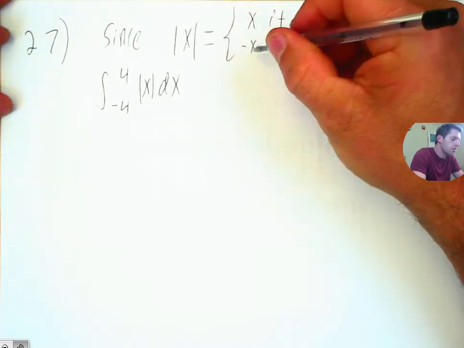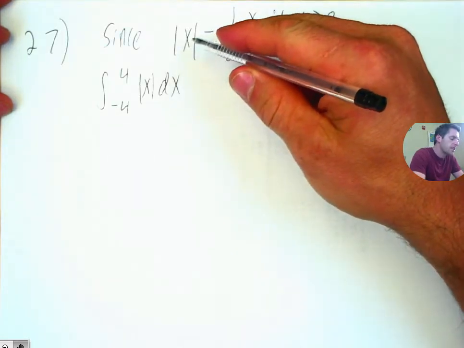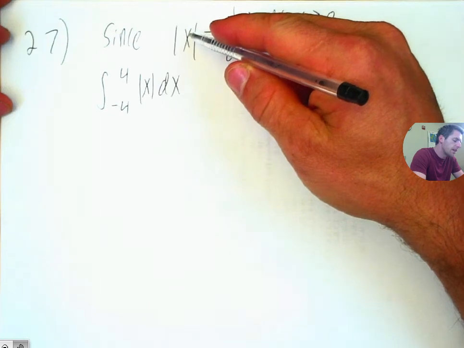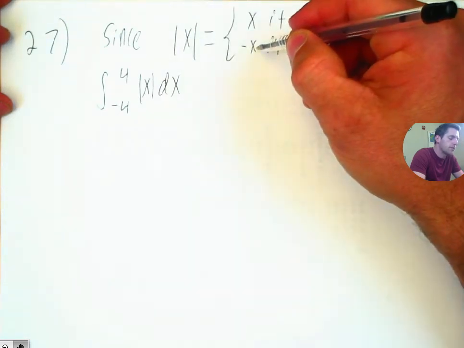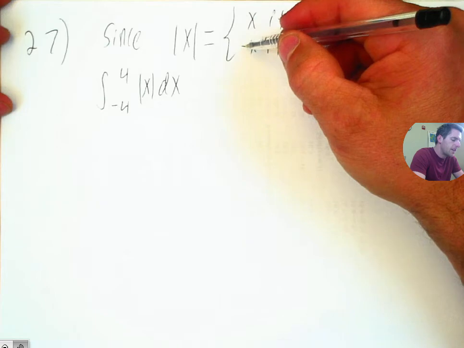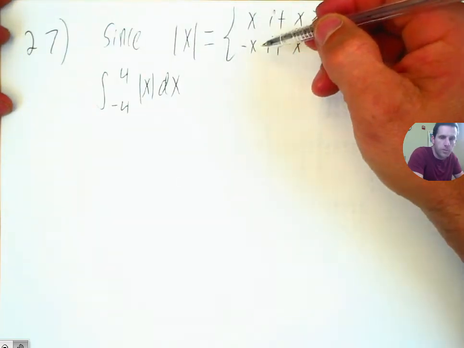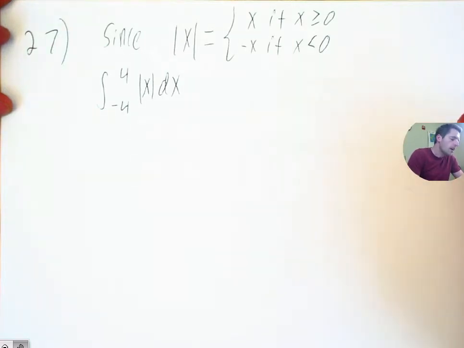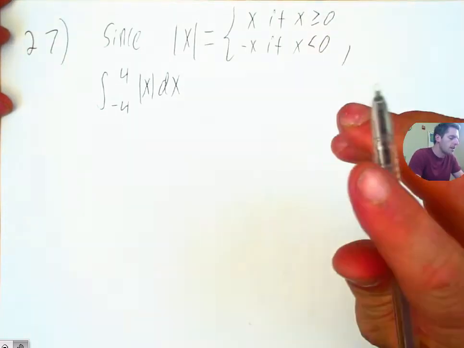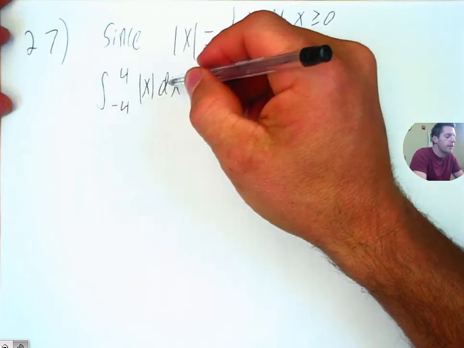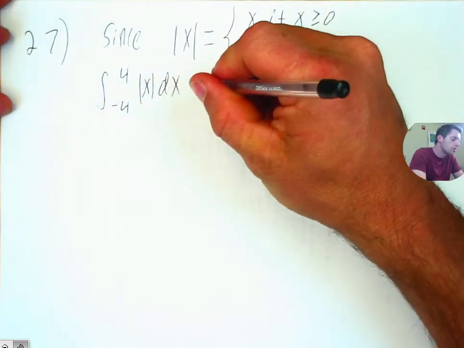This always confuses people. If x is a negative number, say x is -2, the absolute value of -2 is, well, -(-2) is +2, so the absolute value of -2 is 2. Okay. So, since that's the case, the integral from -4 to 4 of |x| dx, well, one of the rules